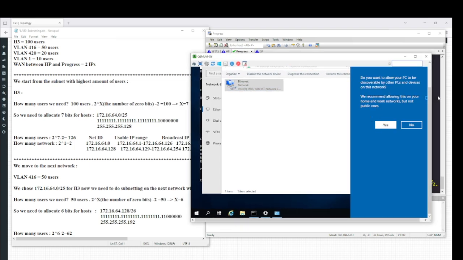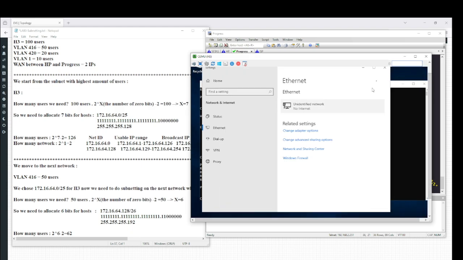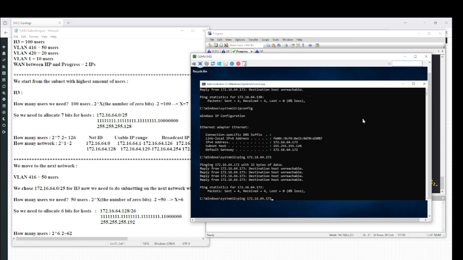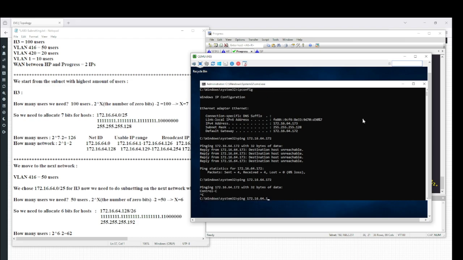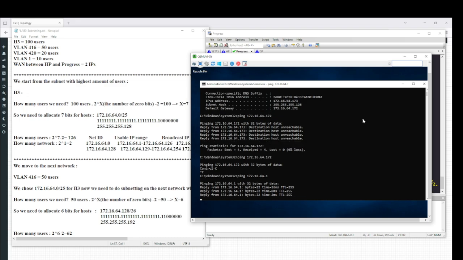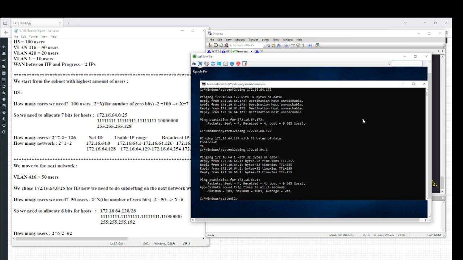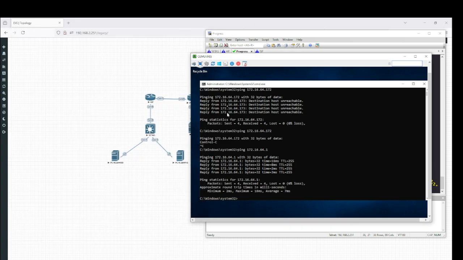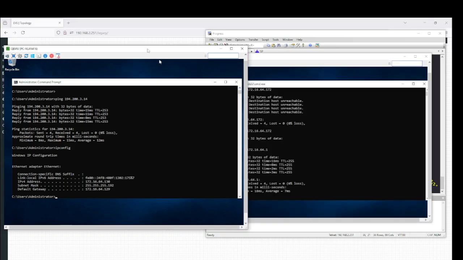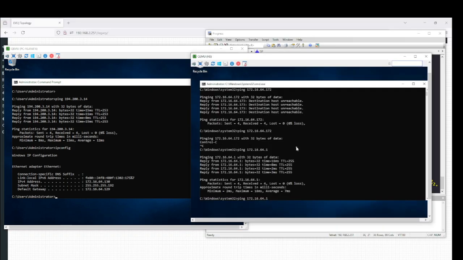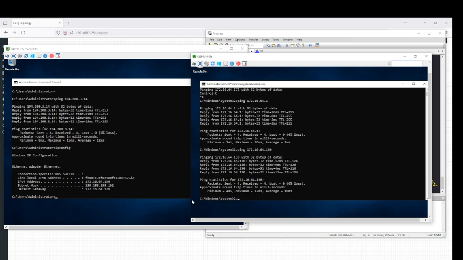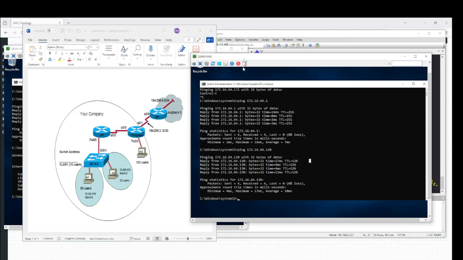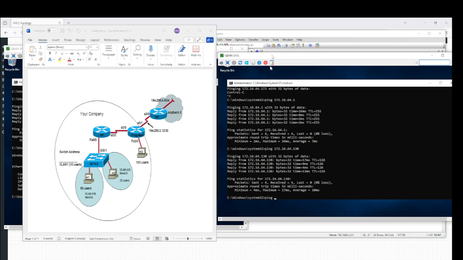Okay, yeah, so we can see that the network is up now. Okay, now if I ping the default gateway, oh, the default gateway IP again is 1. Okay, cool. Now H3 and VLAN 416. So I should be able to ping 172.16.64.130. You can see that I can ping, and also I should be able to ping the ISP. So ping